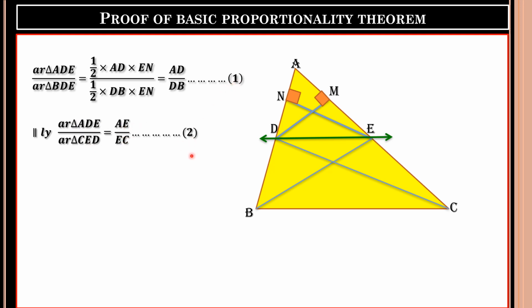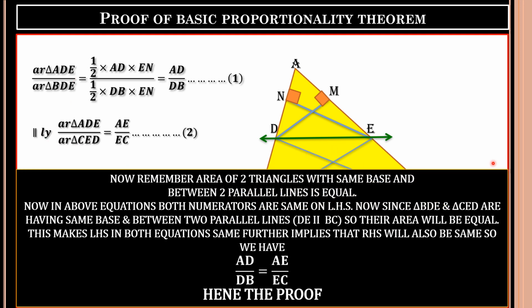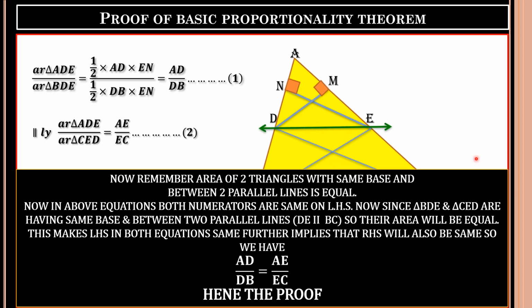So from these two equations, left hand side, numerator ADE, numerator ADE. Now if we recall that two triangles on the same base and between two parallel lines have equal areas,